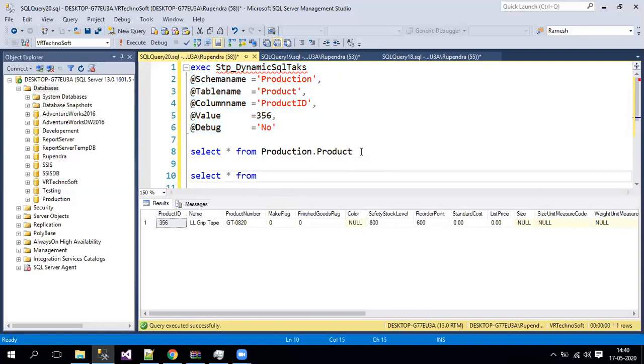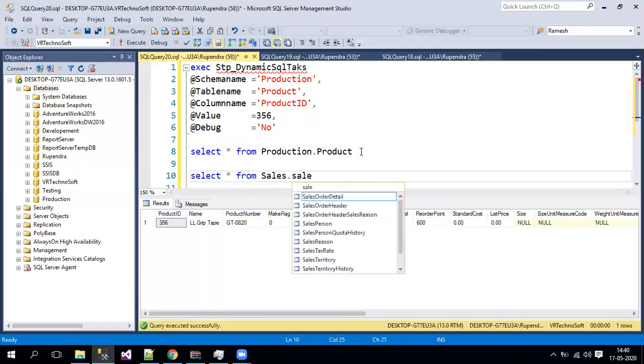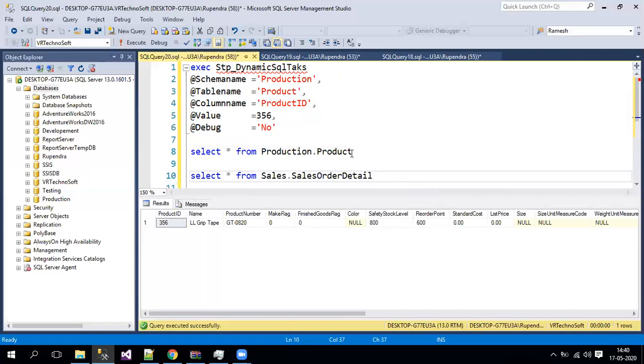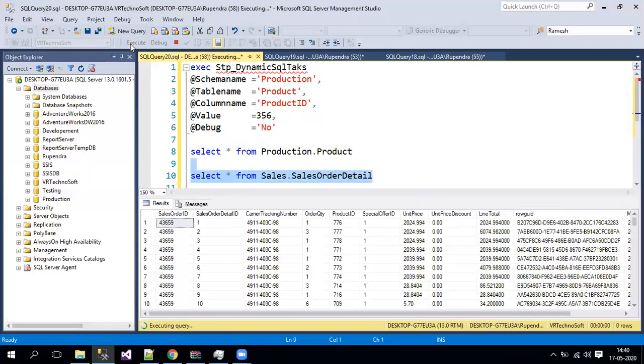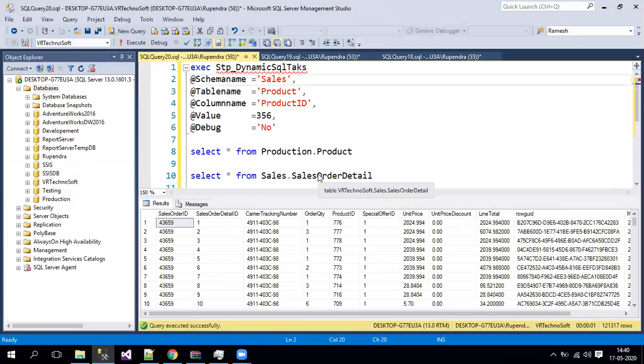I'll go for another table, let's say sales order details. My schema name is sales, then the table sales order details, and the column name I want to search on is, let's say, the sales order ID.